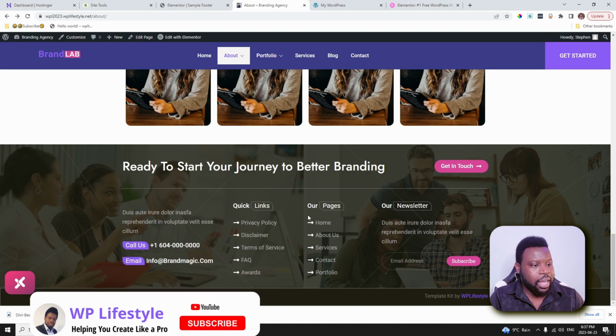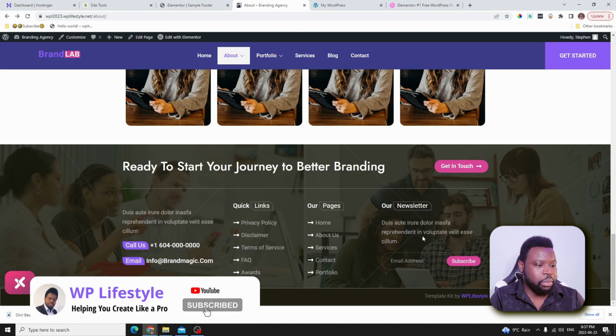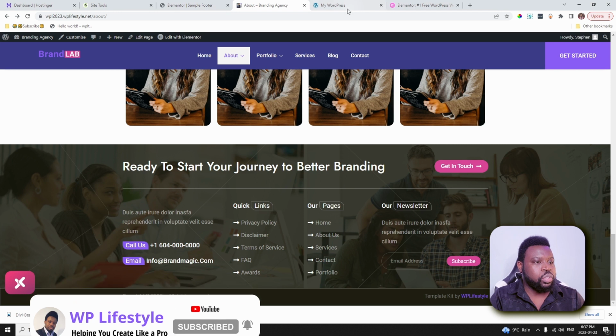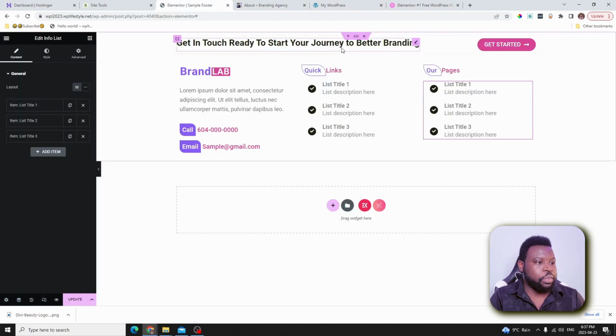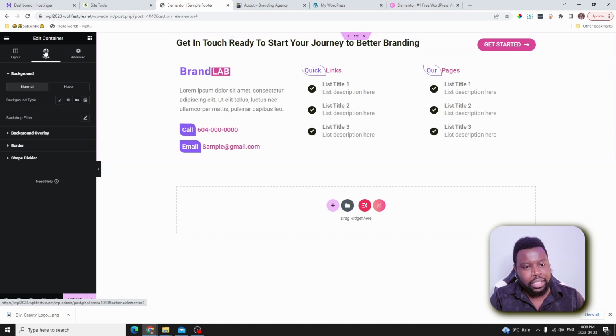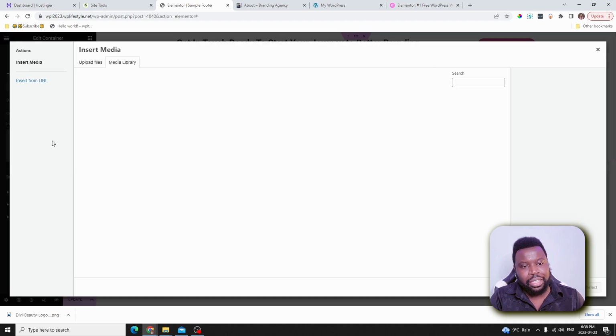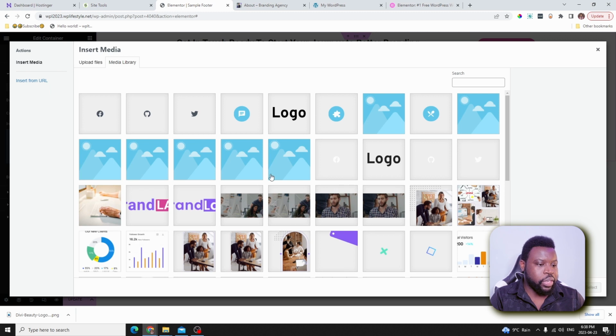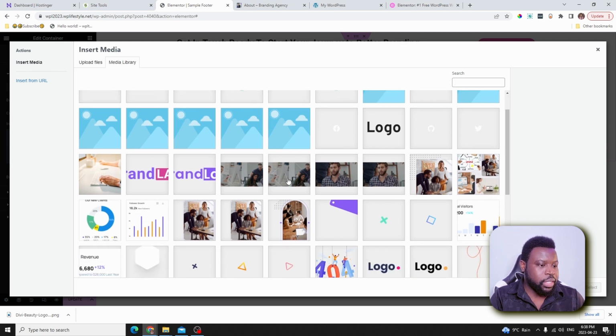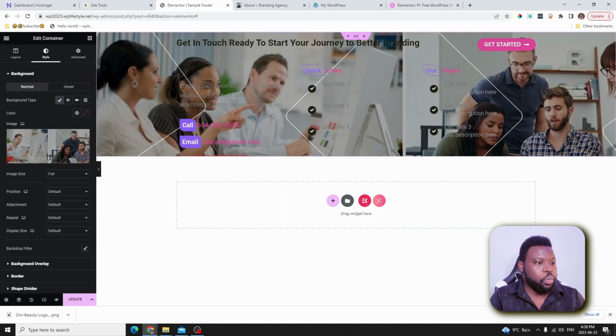And you can see behind the design we have a background image and some kind of overlay. So if you want to achieve something like that, all you have to do is to select the parent container. You know that we have 2 or 3 containers inside the parent container. So you select the parent container and you go to the styling tab, click on the background type over here, and then go ahead and select the image that you want to use for your background. In this case, we're going to be using this image that I already created. So now we have our image.